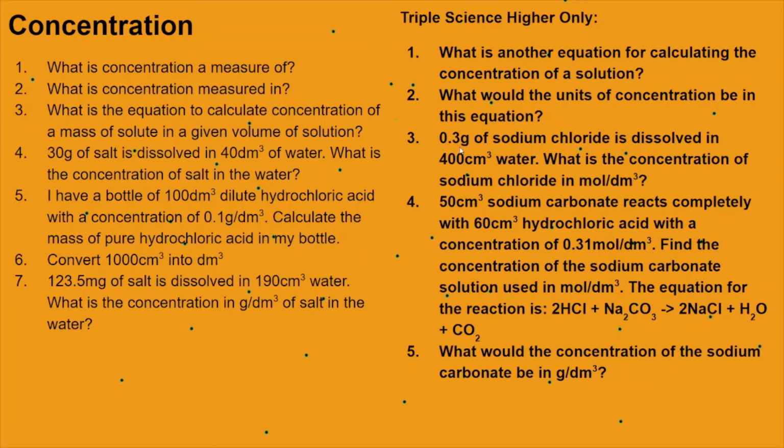We are told that 0.3 grams of sodium chloride is dissolved in 400 centimeters cubed of water. What is the concentration of sodium chloride in moles per decimeter cubed? So we have to convert mass into moles. How do we do that? Well, we have to bring over the other equations. So moles equals mass divided by the relative formula mass. So our mass is 0.3 grams. Our relative formula mass is 58.5. So we actually have to do 0.3 divided by 58.5, and we have